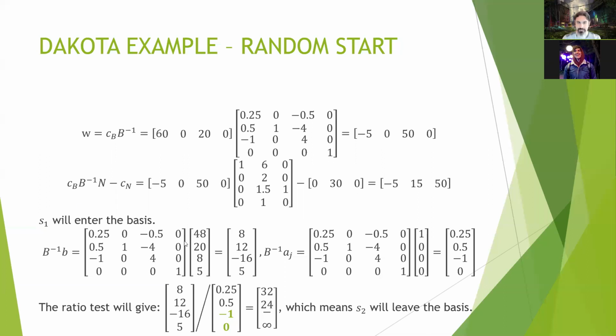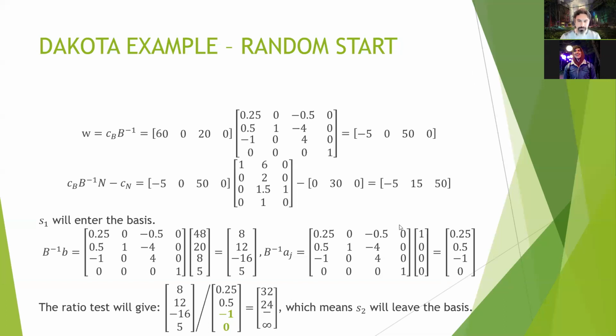Who leaves? Well, we have to find the current right-hand side. The current right-hand side is, as you can see, the current B inverse times the original right-hand side values, which is 8, 12, -16, 5. There's a minus value over here, but we don't need to check that minus value because we already know that it's not optimal. As it's not optimal, we don't need to do a simplex yet. So we have to check the optimality first. So we already know that S1 will enter. So we have to check the column for S1, and see what we can find to make the